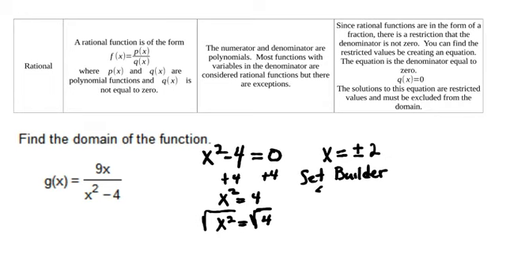In set builder notation, we use curly braces to indicate we're dealing with a set. We're going to use the variable x because we're dealing with the domain. We draw this vertical bar, that means such that. And then we're going to put the conditions on the set. So x is a real number,